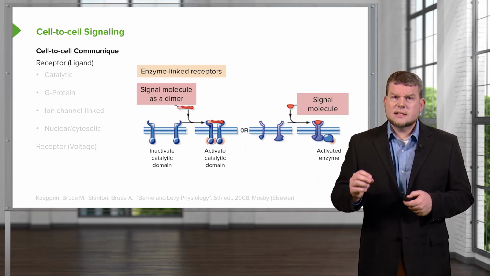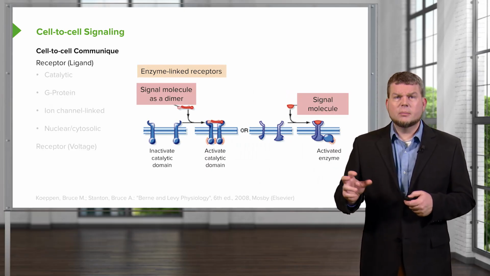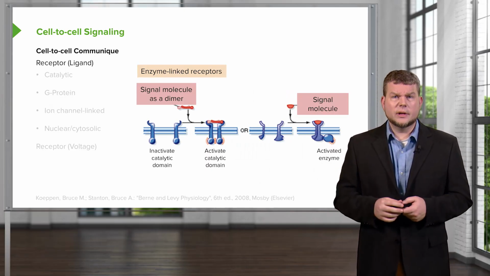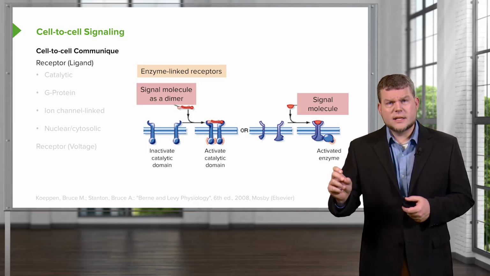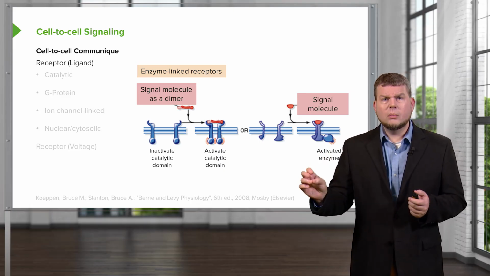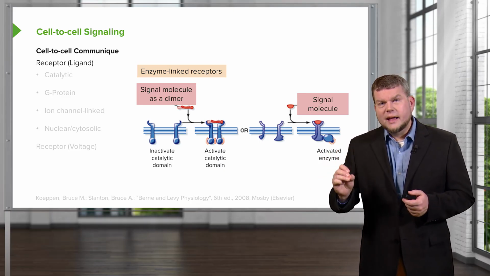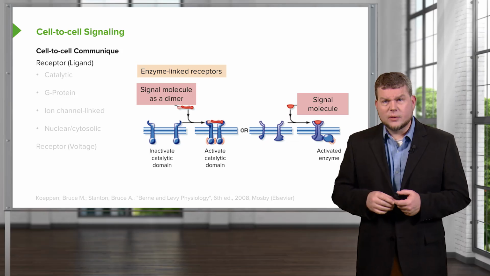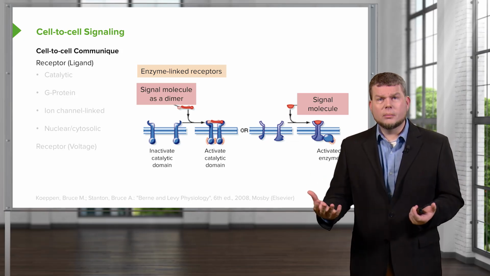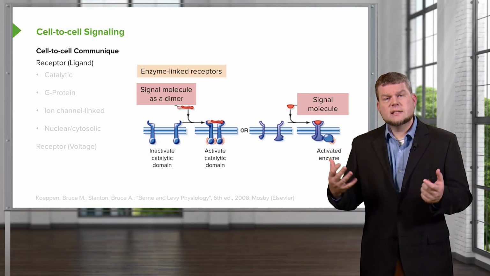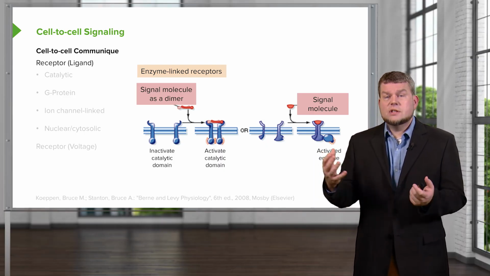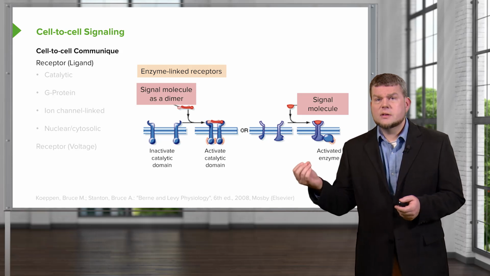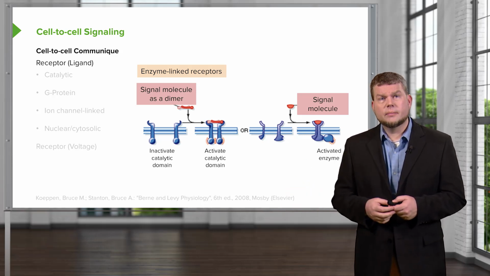The ligand itself will vary depending upon what kind of signaling molecule it is. It might be an ion, it might be a neurotransmitter, again, it might be a hormone. When it binds to a particular receptor, it will take many forms. Sometimes it makes the receptor come together to form a dimer. Sometimes it just binds to a very small part of a receptor.